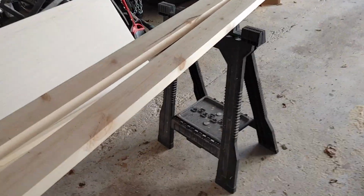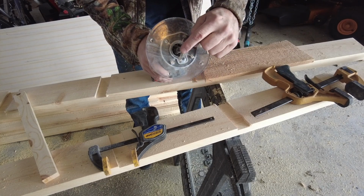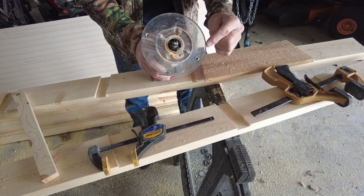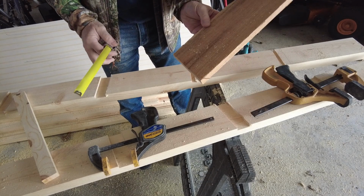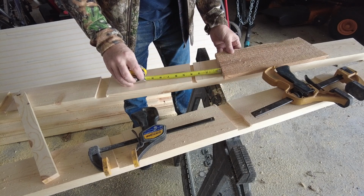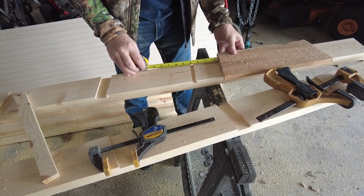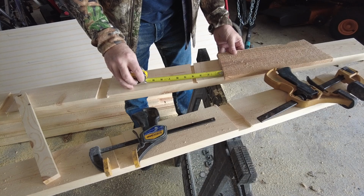all that good stuff. So my plate here is 2 5/8 of an inch from my router bit outer to my outer of my shield here. So I've got this cut at 8 degrees also, right here. And I got my line for what I need to cut out here. So I'm going 2 5/8 of an inch, checking both sides, making sure that both ends are at 2 5/8,